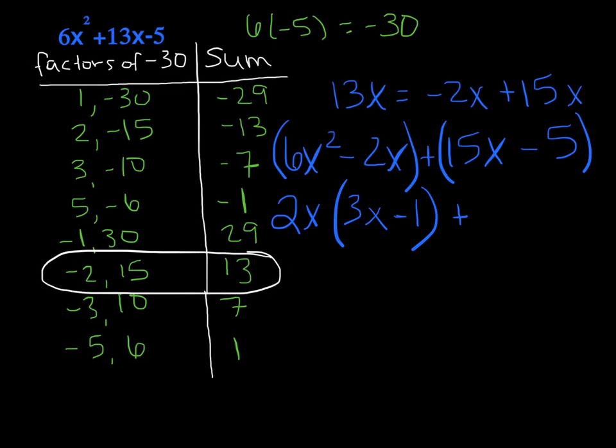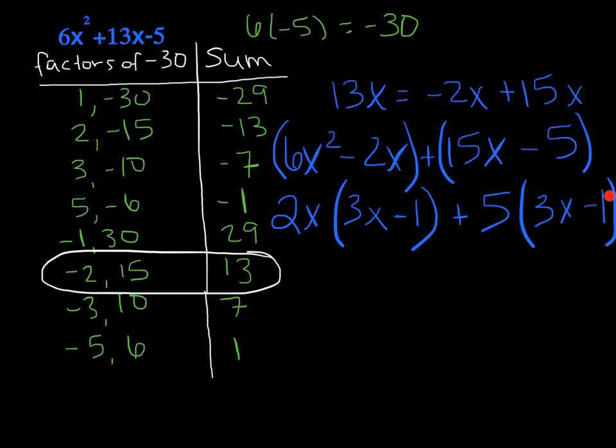Plus, then we're going to pull out our greatest common factor of 15x and 5. I would say that's a 5, right? So 5 times what gives me 15? 3. And bring the x, because we need that x in there. And 5 times 1 gives us 5. Okay, so if you notice something right here,